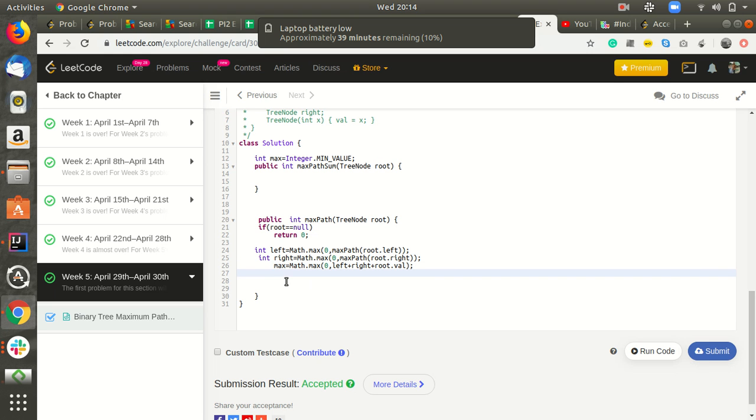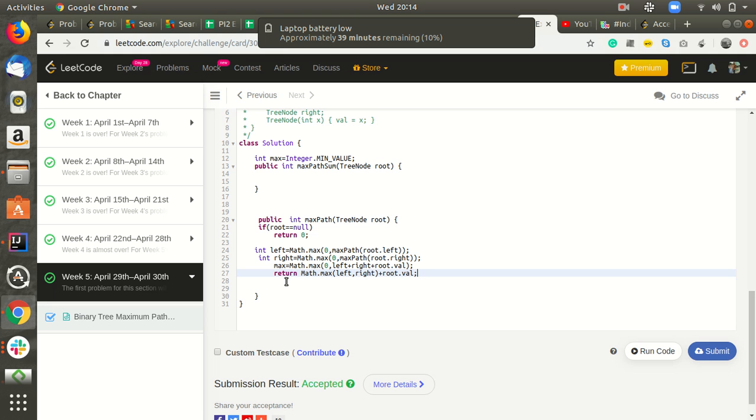And we will be returning Math.max of 0 and max of left, right, plus root.val.